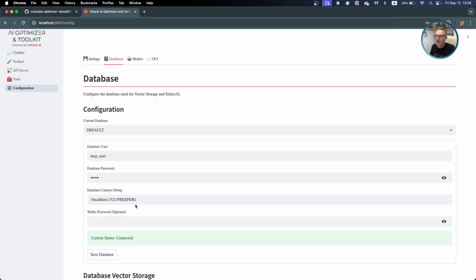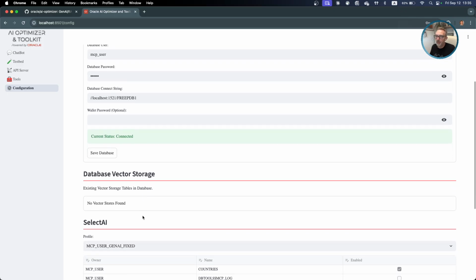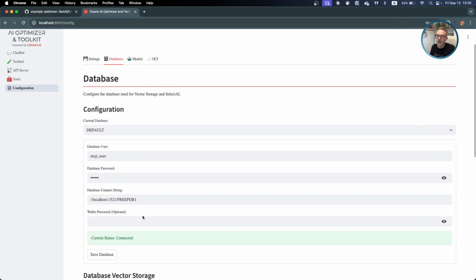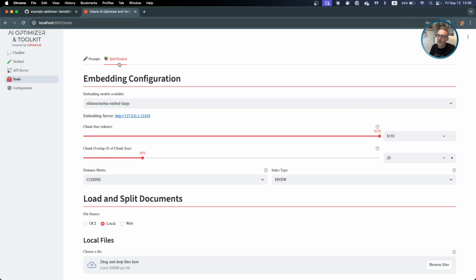Yeah, it says database connected successfully, and we have database vector storage, which is actually not enabled because it's not populated. We can populate that at split embed, so we can do it here at local, and we can upload a file from our local repository, file source local.